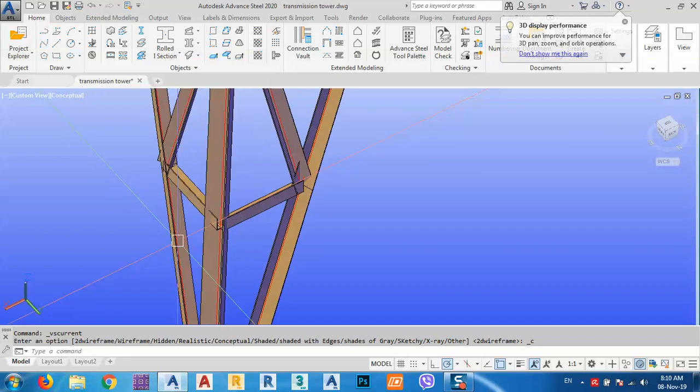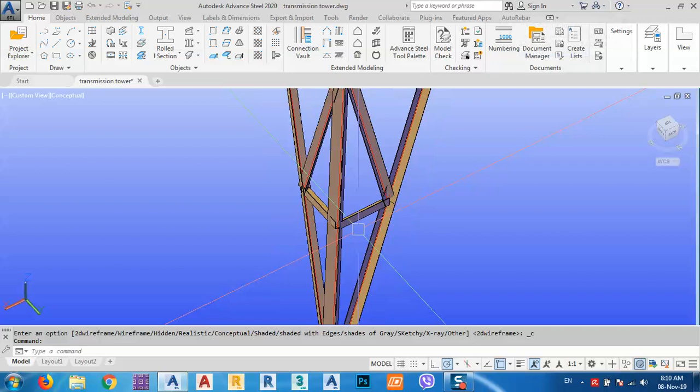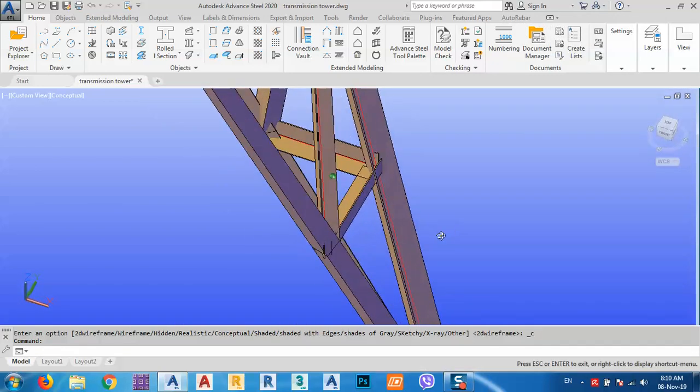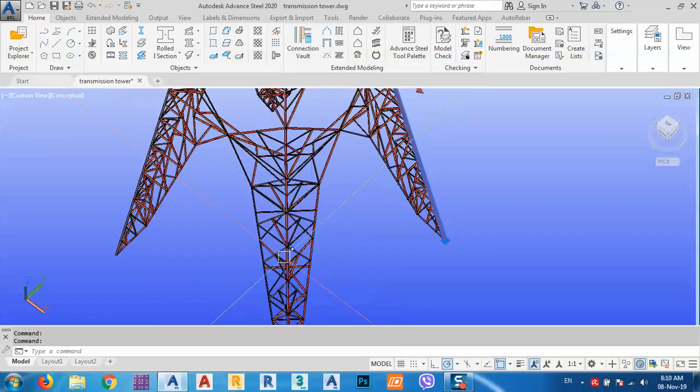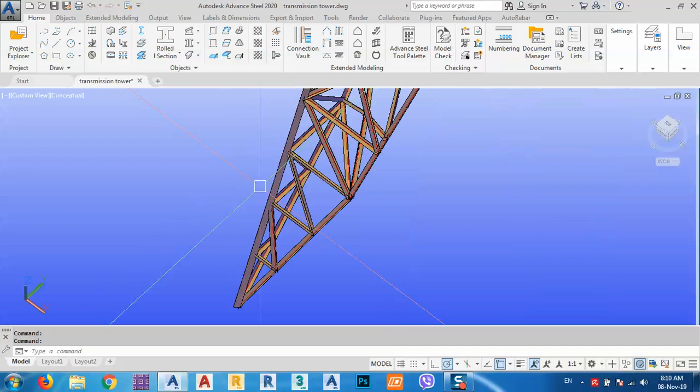And as you see here, we have many problems with this one. We can fix every single problem. For example, we have to select these four lines, and